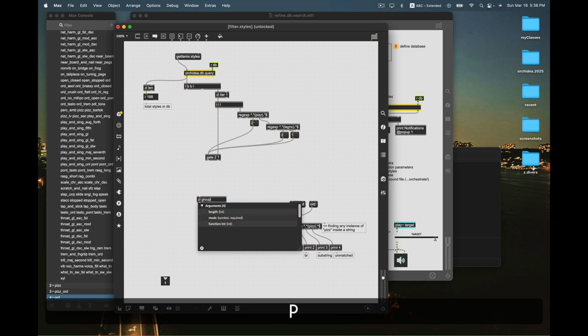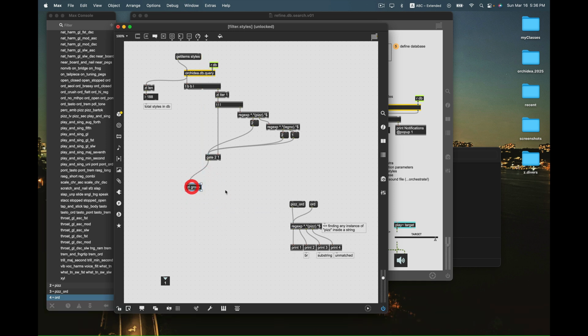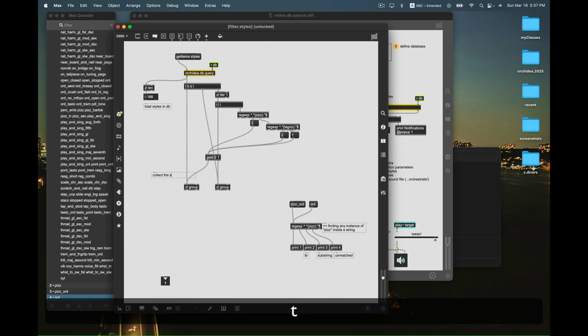And using grouping objects, we'll collect all of the things that fail the test, everything but the pitts and legato playing styles. And out of this outlet, we'll capture all of the styles that pass the test. Those are the things we want to take out of the final list there. The bangs will, of course, trigger the output of these ZL group objects. And just to make sure we know what we're doing,